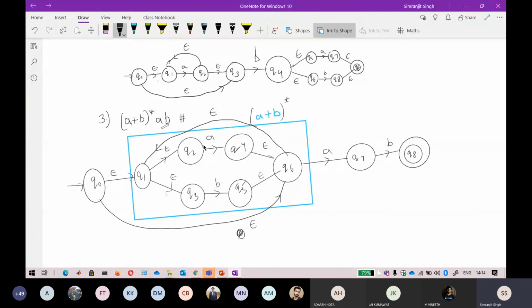I hope you understand it. It is very basic. It's just a little bit of a difference here, that you have to do A plus B star. You have to combine or merge these two expressions. Only in this scenario can you merge it like this.